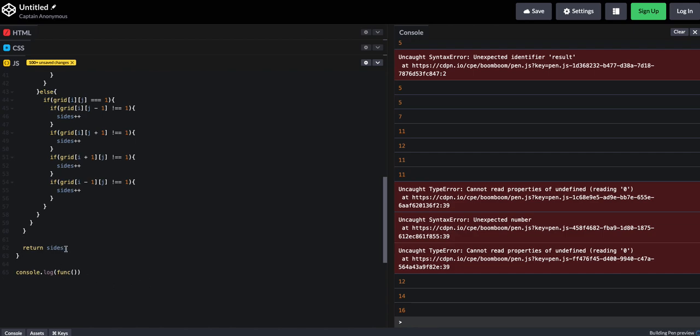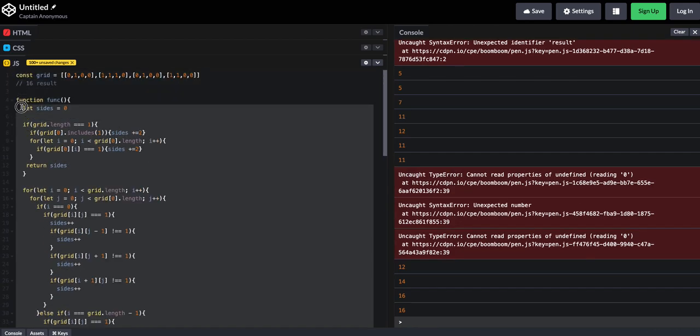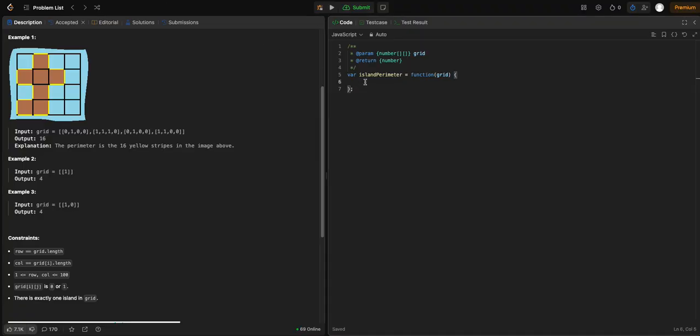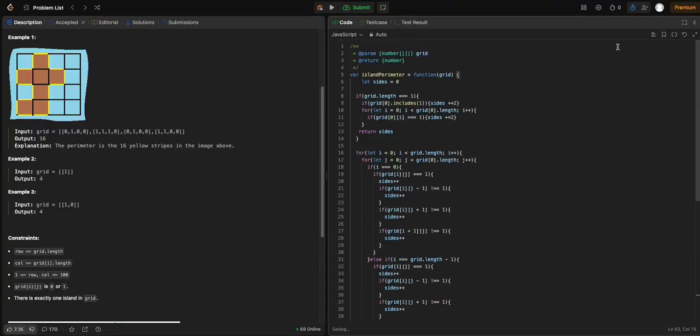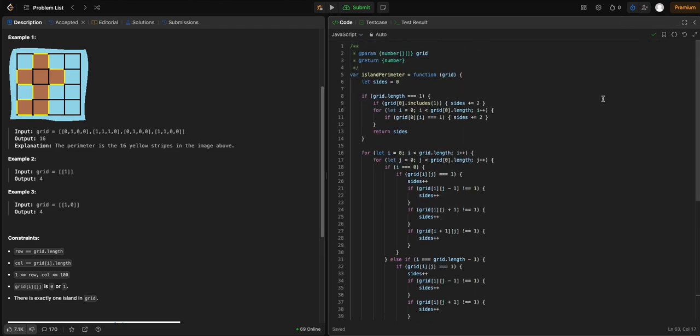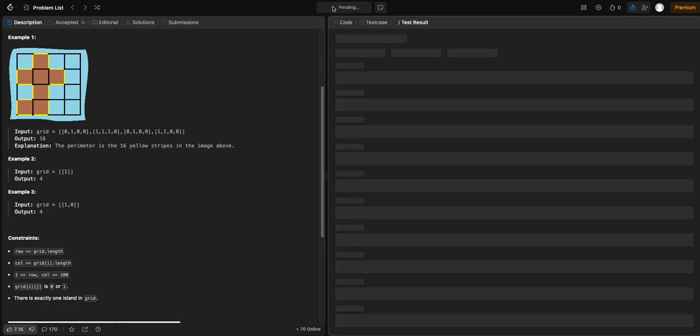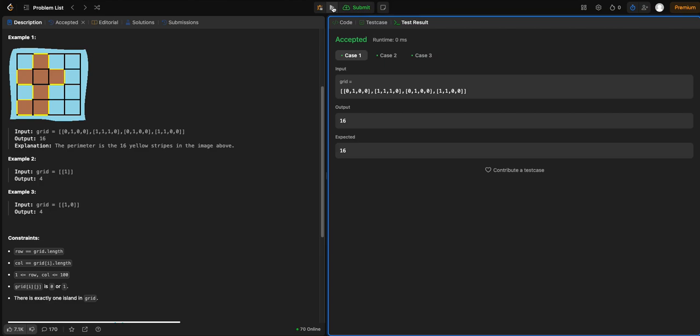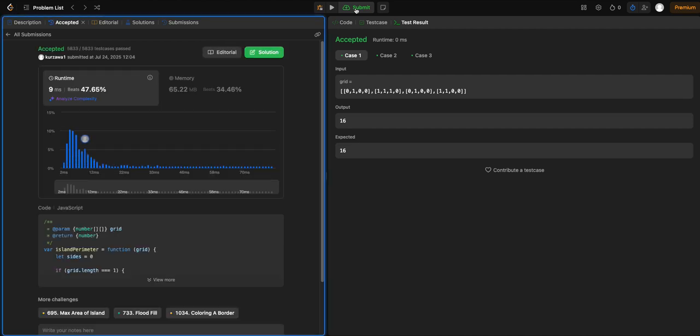Let's go ahead and grab all the logic. Let's go back over to Leetcode. Let's format our code. Let's run the tests. Pass all the tests. Let's submit. All right, success. Beats 47%. I usually like to be at least over 50, but